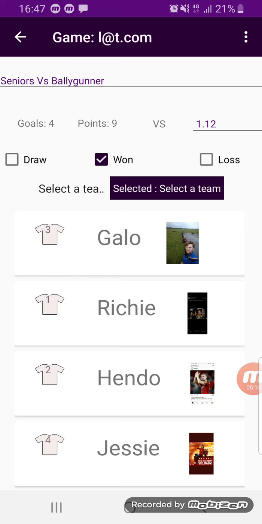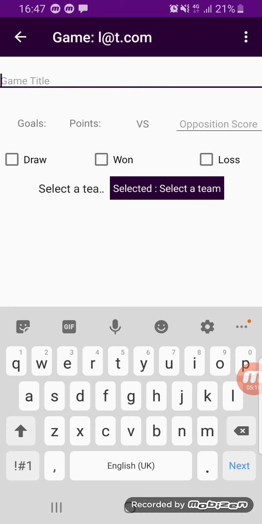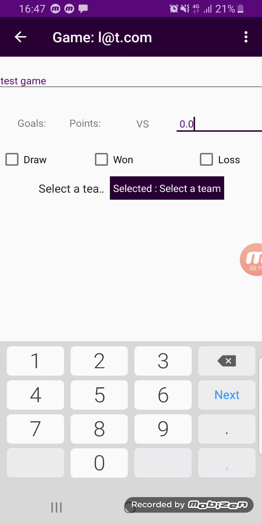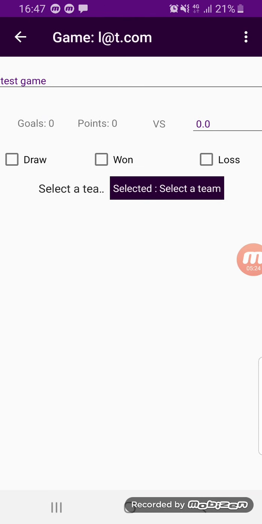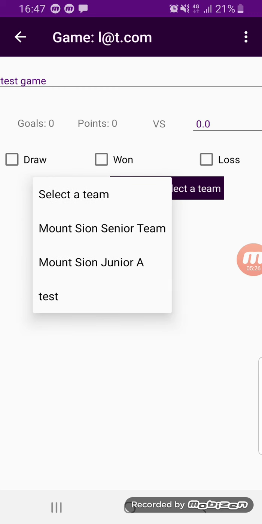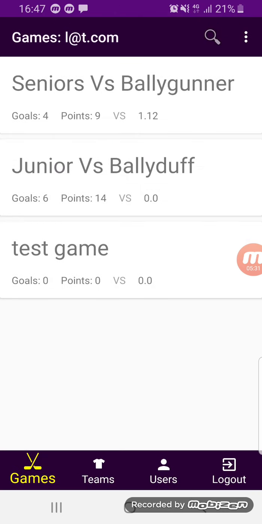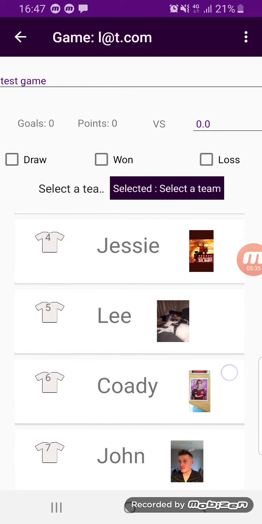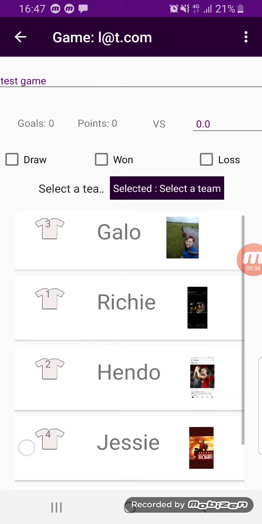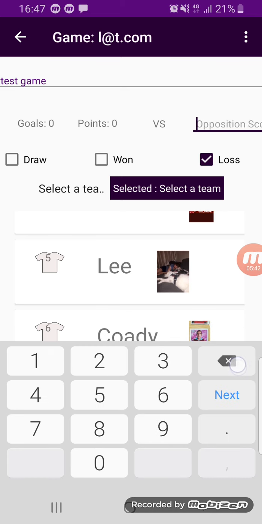But it's probably better to show from a new game completely. If we add a new game here, we can just call it test game. We can set the score as 0.0 and hit save. Now in the test game, we can select our team, say Mount Sion senior team. If we hit save, then the players that are in the Mount Sion senior team are loaded to the game. So if we indicate this as lost, just for example,